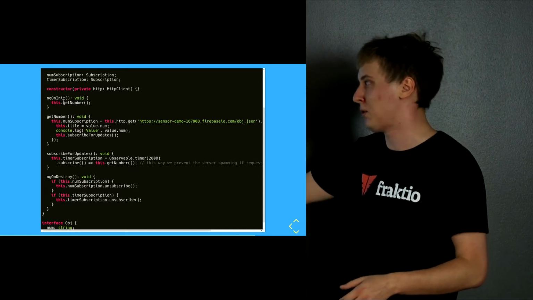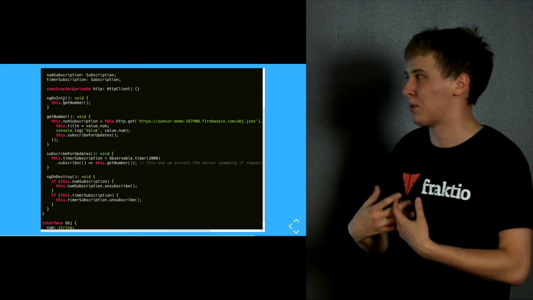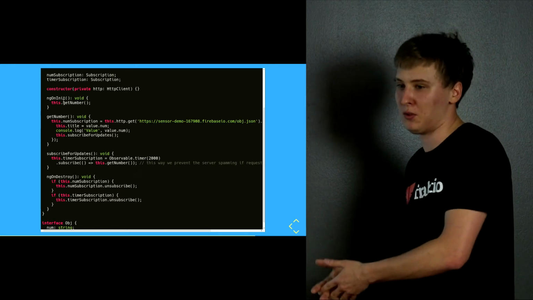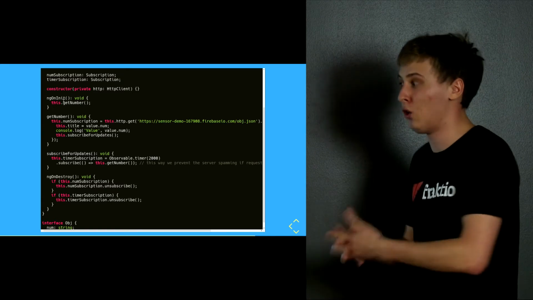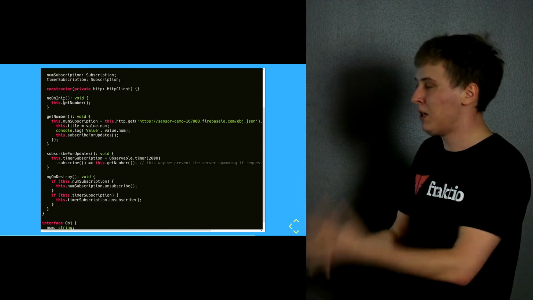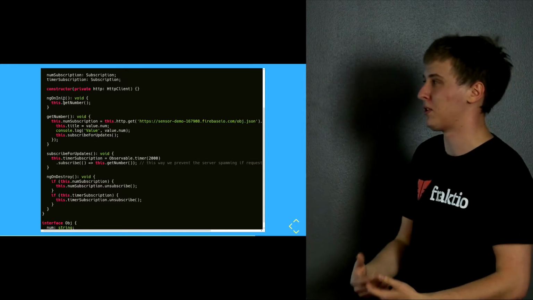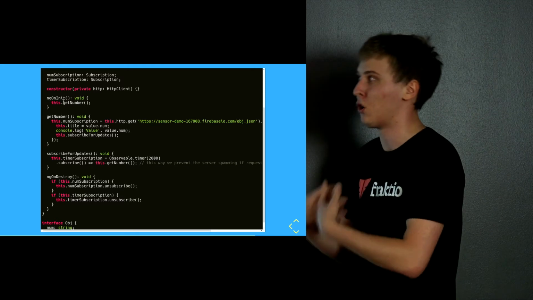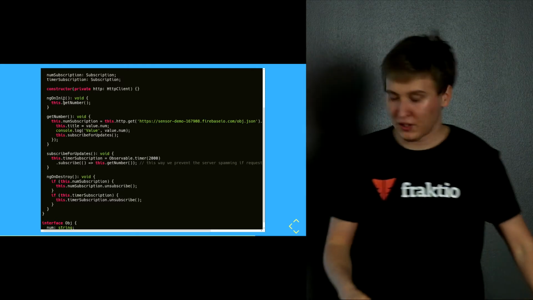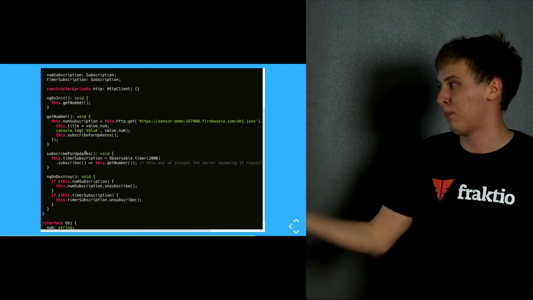When I subscribe to the get request, it actually initiates it. So you can create an observable but not subscribe to it. You can predefine a bunch of stuff and only call it when you actually need it, unlike an HTTP request, which gets fired automatically. And once I subscribe to it, it also executes and subscribes for updates.